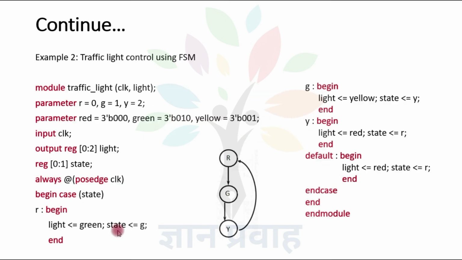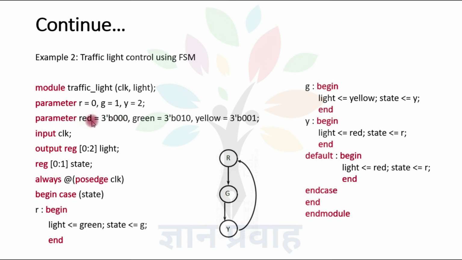End module. Now, traffic light control is designed using an FSM. The state diagram is represented here. There are three lights: red, green, yellow. There is no need of an input signal, therefore the traffic light control is designed using a Moore FSM. In this case, one light is on and two lights are off at a time, which means the lights can be represented using three binary bits.